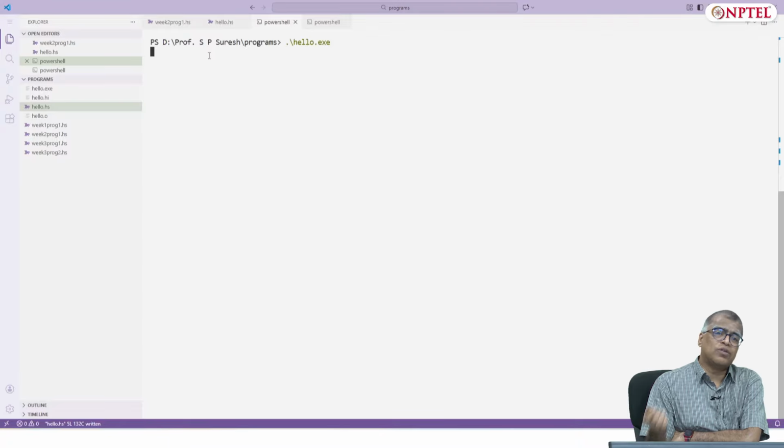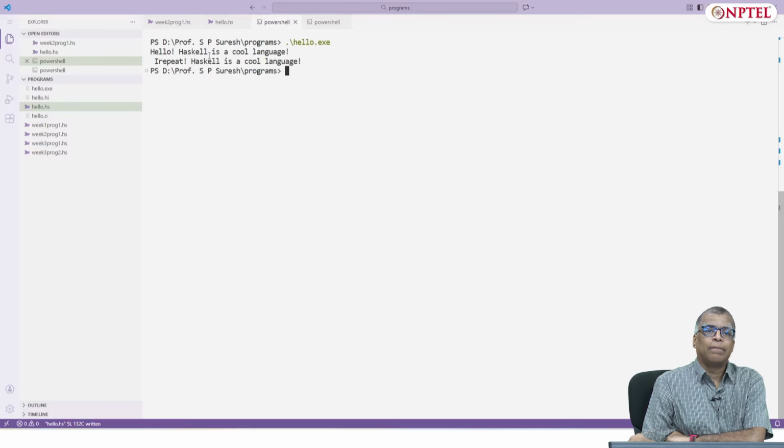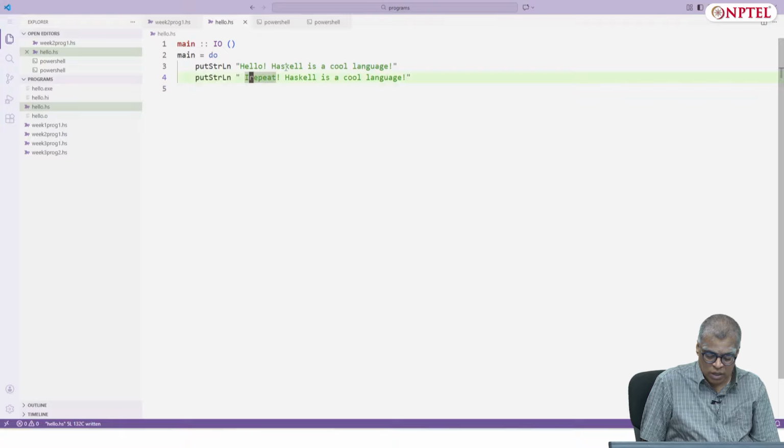For some reason on Windows it takes a while to link, on the Mac and Linux it is much quicker. Yeah, so there was a mistake I made. I should have put a space here. So let's recompile.